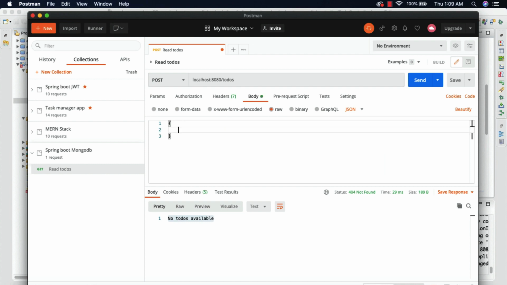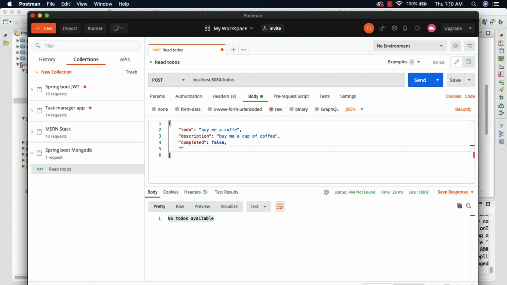Inside this we provide the body: todo, with the value buy me a coffee, and I'm going to add the description, buy me a cup of coffee, and set completed to false.